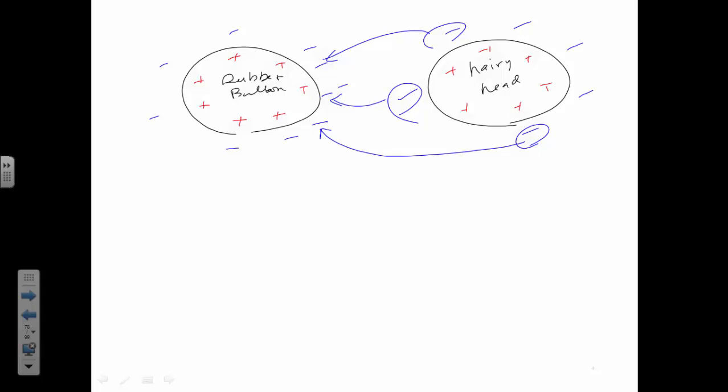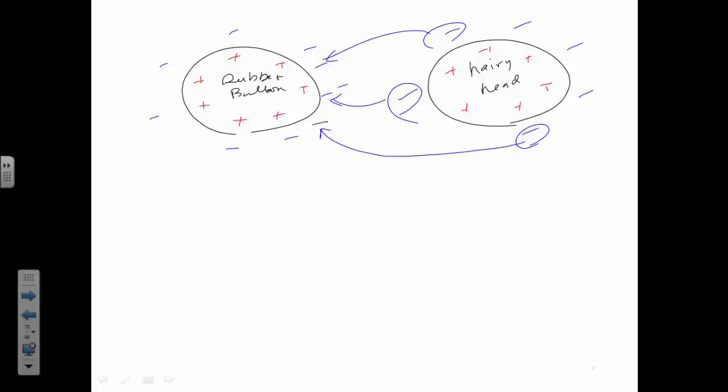Now, a balloon, is it a good conductor or not? What happens to charges in a conductor? Electrons, typically, is what we're talking about. They can move through it really easily, right? Balloon, not so much. So on this side of the balloon, where I rubbed it against my head,